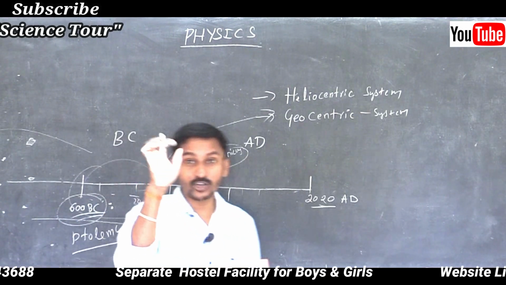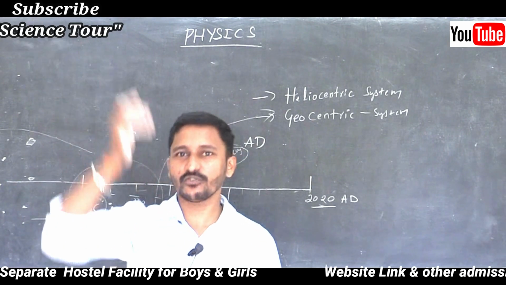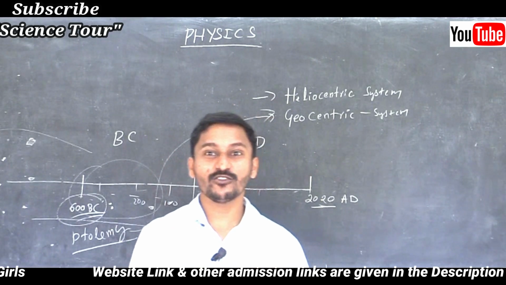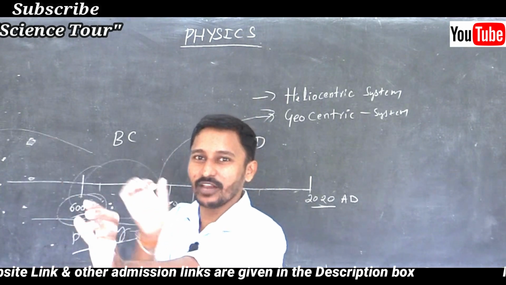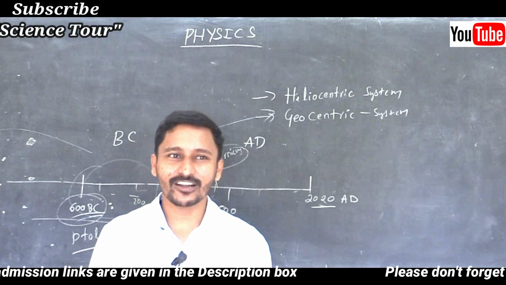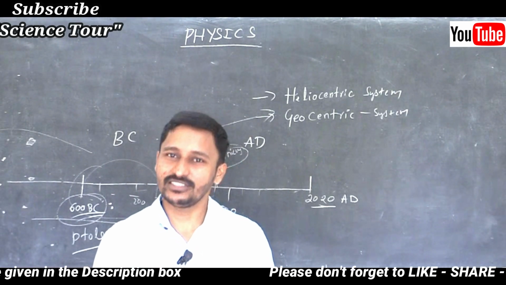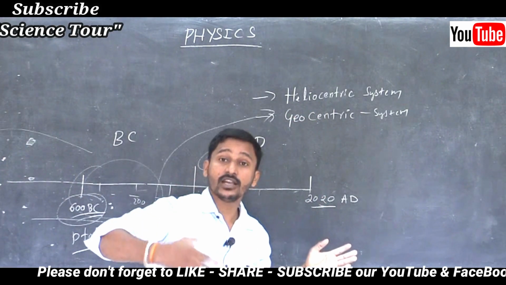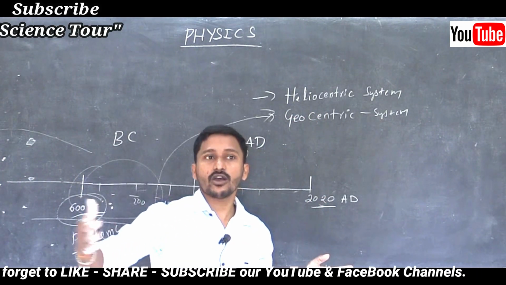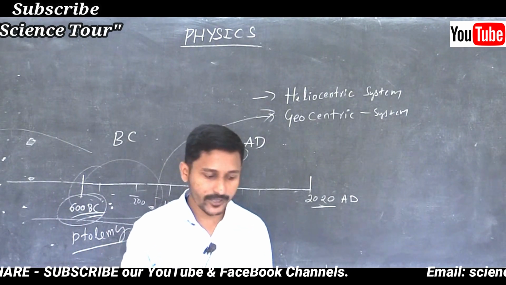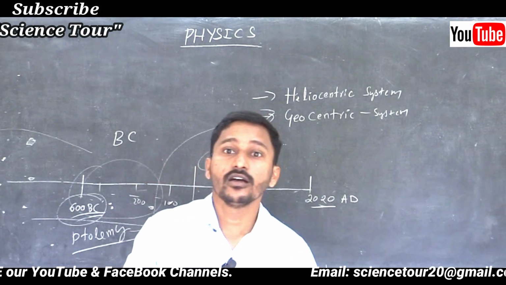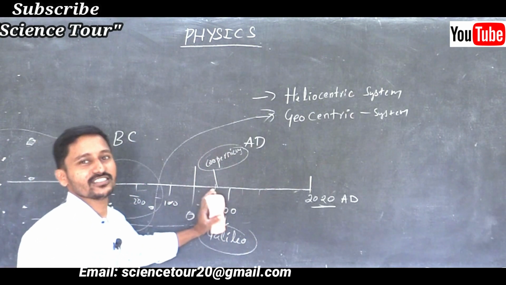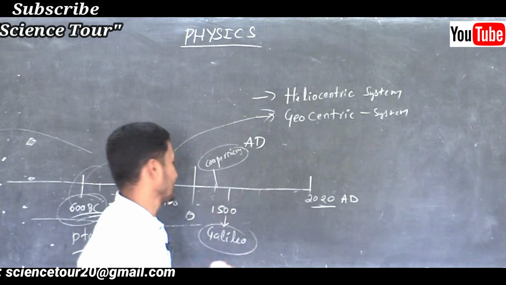Galileo discovered the telescope. With a telescope, you know, we can see distant objects. If you are watching a cricket match, you might have seen the big lens with which people are taking photographs. That is a small telescope itself. To see the planets, we have a large lens, a large set of telescopes. So in the 15th century, Galileo discovered the telescope, and after that physics developed a little bit.